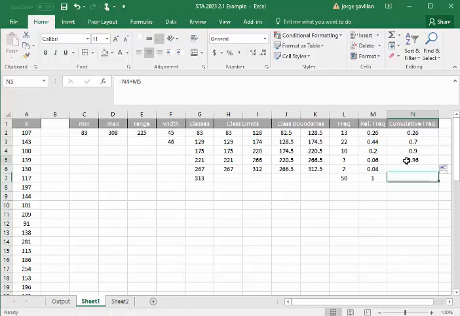96% are less than 266.5. And then this last one should be a 1. Why? Because 100% of all of the data points are less than 312.5. And that makes sense because we know that our max value is 308. And so that's how we create a